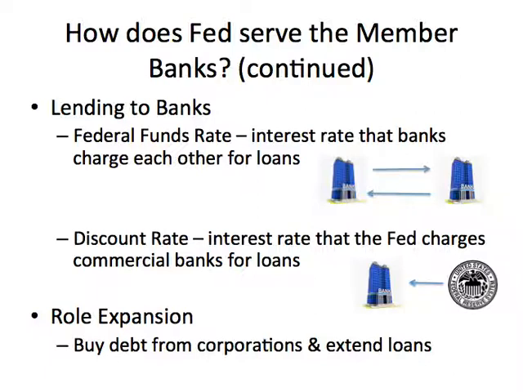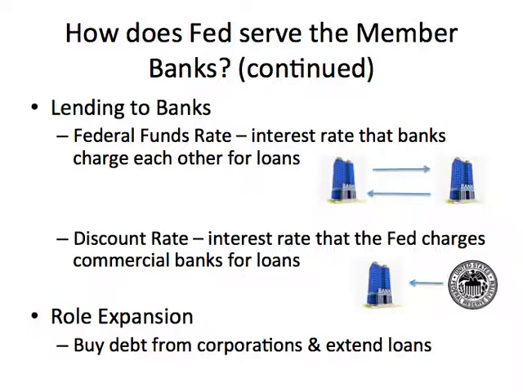All right, so how else do they serve member banks? One of the biggest things is lending to banks when in need. So we have something called a federal funds rate. A member bank has two options on what they can do here. Let's say it's Christmas time and they're getting a lot of money withdrawn at this one bank, and they're getting very low on the amount of funds that they're required to hold at all times. What they can quickly do is one of two things. They can contact another member bank, and this would be known